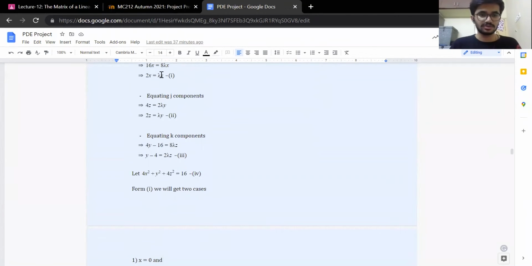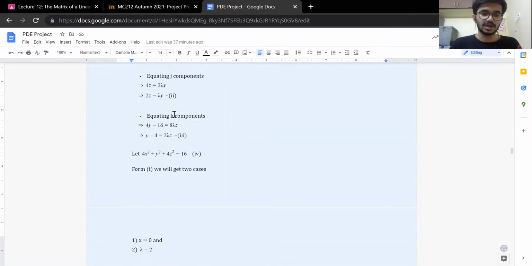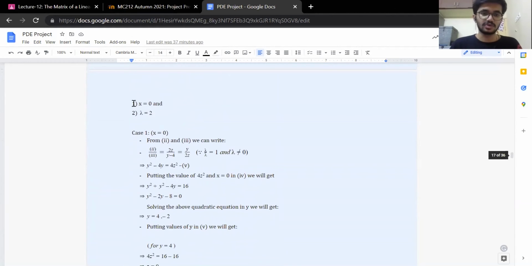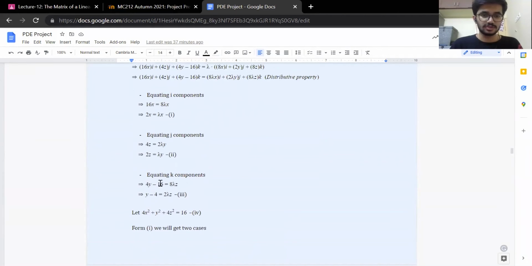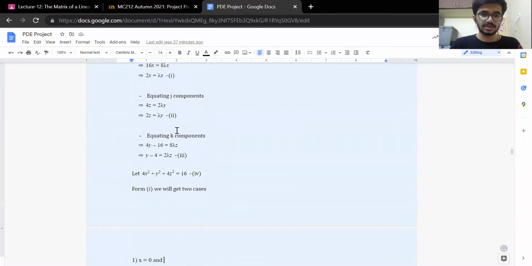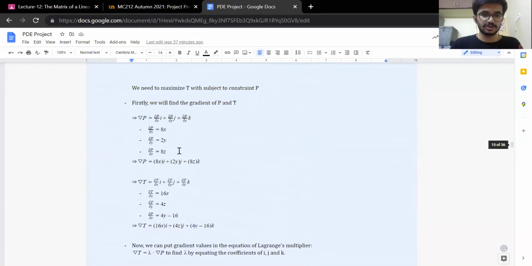From the first equation we got that either x is not 0, in which case we can simply cancel it out and we got lambda equal to 2, or x can be 0. So there were 2 cases: x is equal to 0 or lambda equal to 2. Case 1, when x was equal to 0. Then from these 2 equations we can do the division, 2 by 3, and cancel out lambda because lambda can't be 0. So we got this equation, and now we substitute it in the equation of our